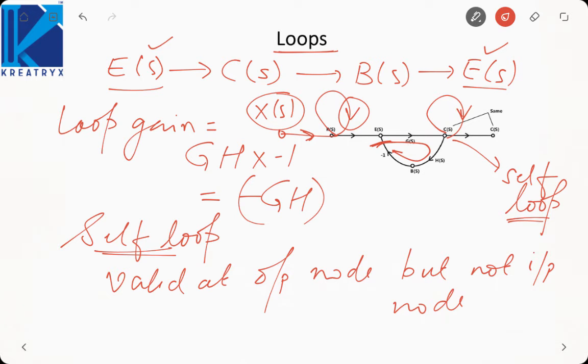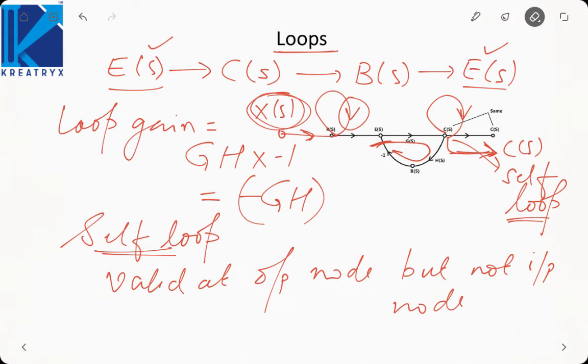But an output node should also have only incoming branches, so how can we define a self loop at the output node? In case of output, we can take an additional branch like this, C of S. We can take an additional node and keep the gain of that branch as 1. So a self loop can be easily defined at the output because we can take an additional node. But in case of input, a self loop is not defined, and even if it is given in a signal flow graph, you need to take an additional node and consider the system variable as X, not R(S). It will not be R(S), it will be X. X will be something different. The reason is